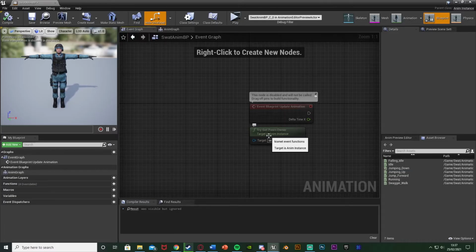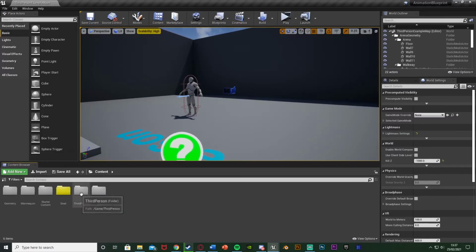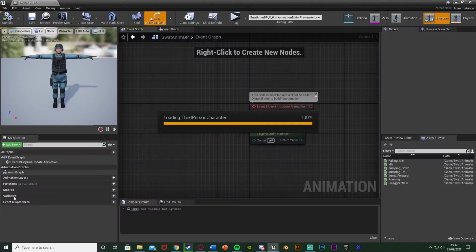However, one step before this is we're also going to finish setting up the character blueprint. So we wanted to make sure we made the animation blueprint first as well. However, let's set the character blueprint up as well. So we minimize this, go to our character blueprint, which for me is content, third person BP, blueprints, third person